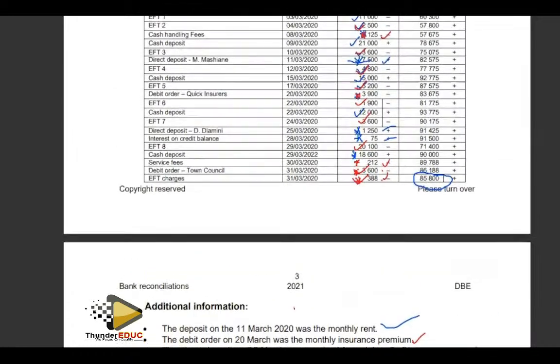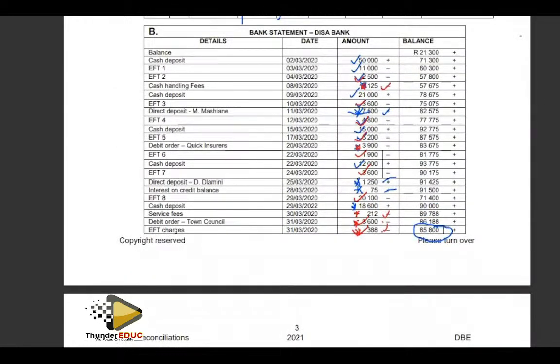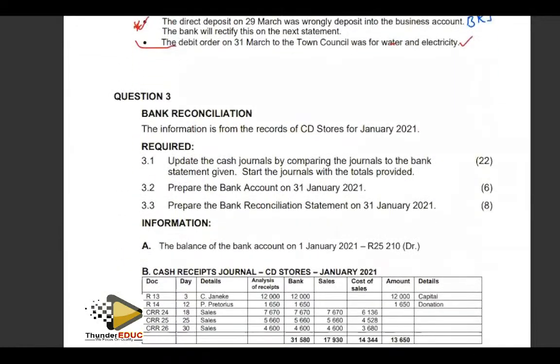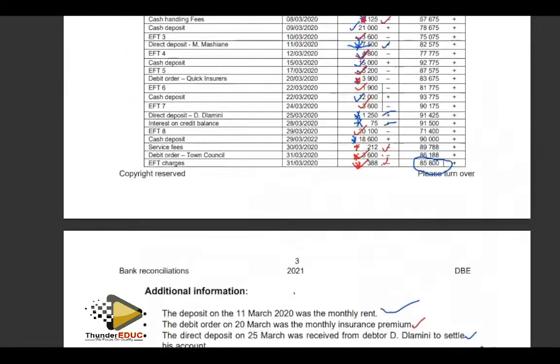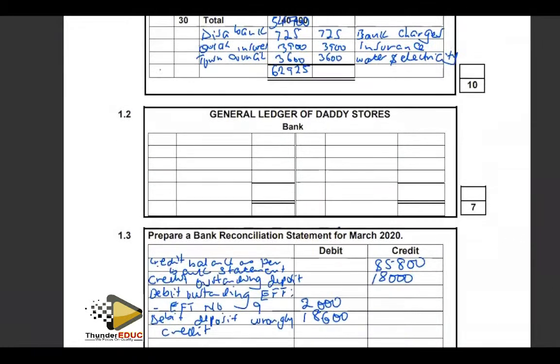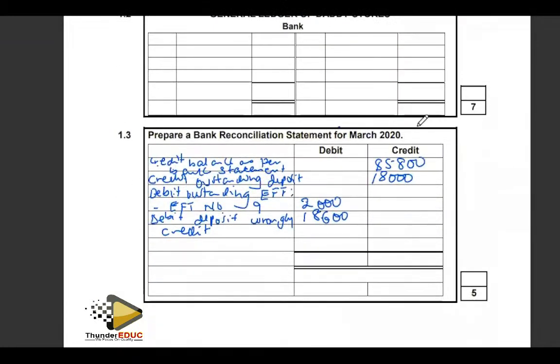So what am I supposed to do? Now I have to go and start adding up my totals. Let me go to the reconciliation here, the bank reconciliation statement here. It is in my bank reconciliation statement, in my answer book. Let me add the debit side, the credit side first. Let's add this side and see. The credit side is